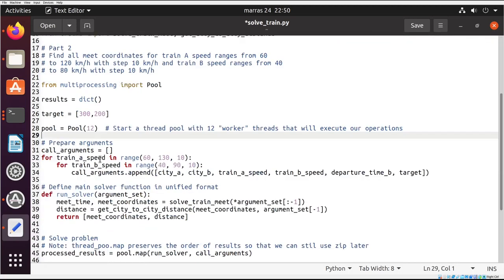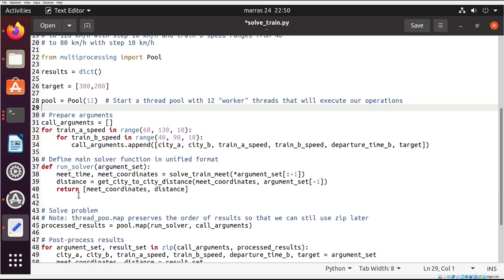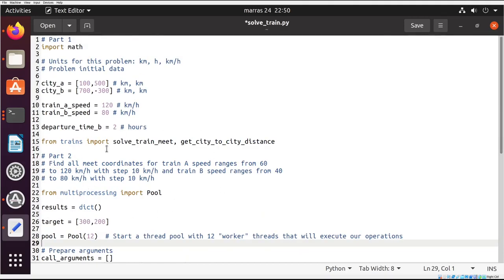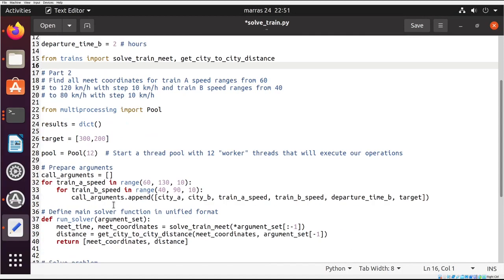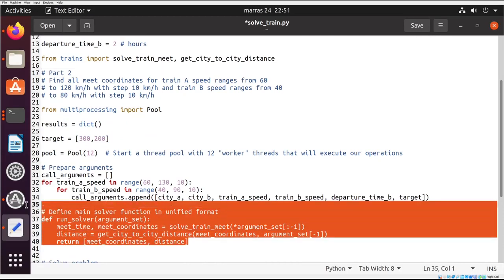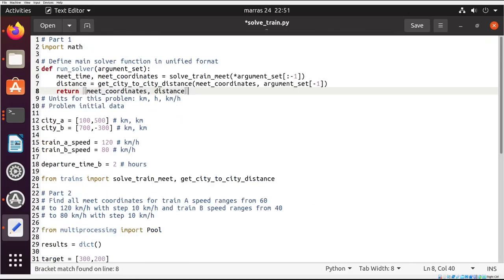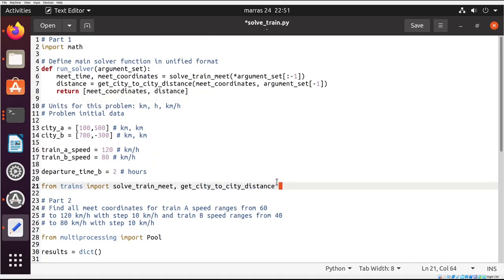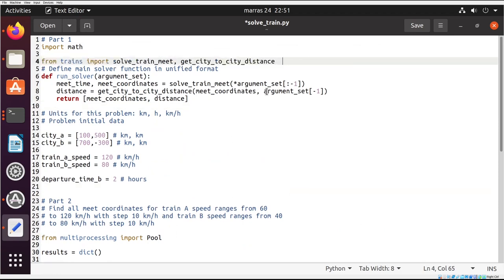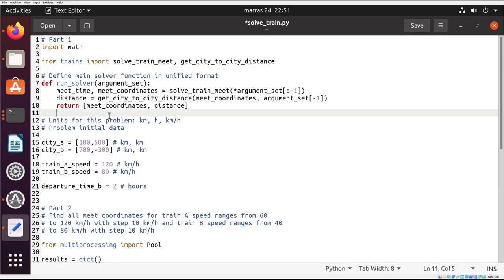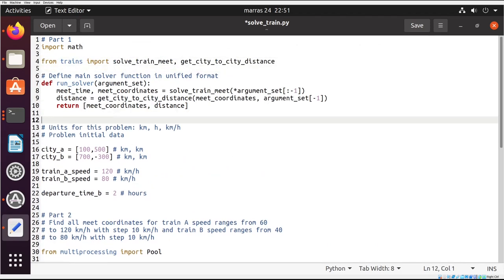Now the problem is that if we run this code right now, the multiprocessing module will try to import the run_solver function from this module. And while doing that, it will actually go into a more or less infinite loop trying to process this module before it will be able to import this function. In order to avoid that, we're going to move this run_solver function first here, and we're going to move these imports as well because they are necessary for this run_solver function. And the rest of the program we are going to wrap into our